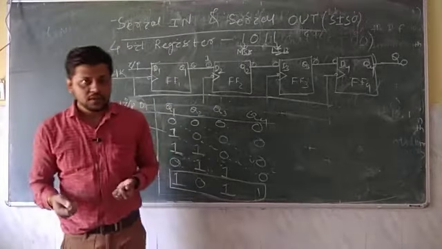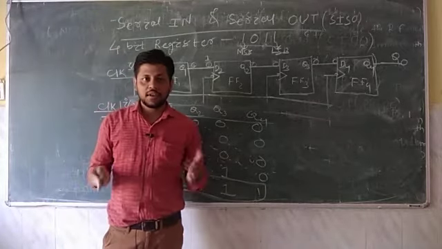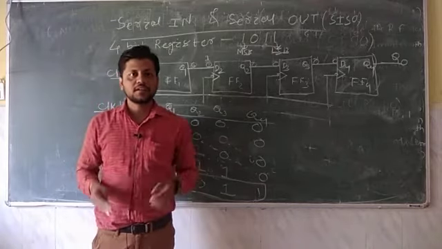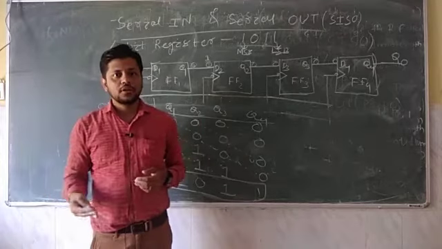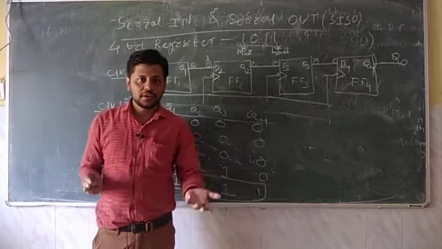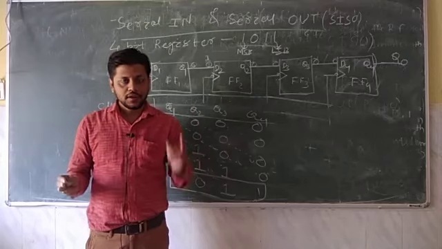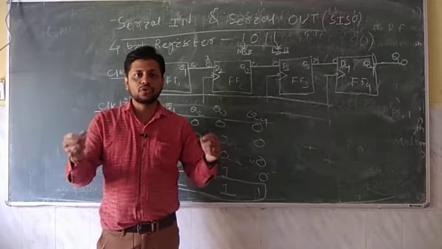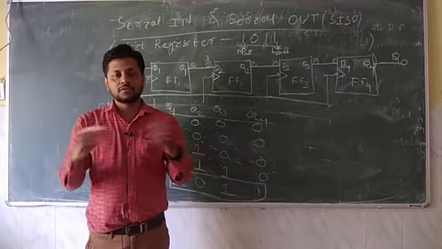So in conclusion, what we have studied in this lecture is that a flip flop stores 1 bit. If you want to store more than 1 bit, you have to combine flip flops, and that combination depends on how you are entering data and how you are getting the output. So a register is nothing but a group of flip flops. Suppose you need to store 4 bits inside a register, we need 4 flip flops, because each flip flop stores only 1 bit. For example, if you want to store n bit data, we need an n bit register.